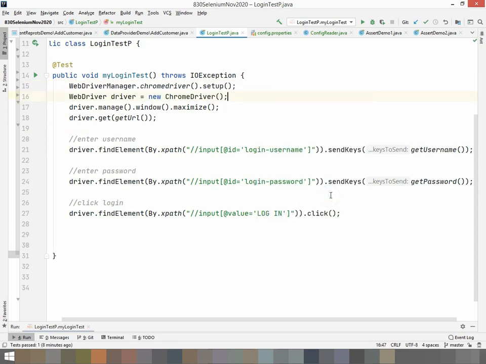Fine. So right click and run. Here you can observe that the URL of the stock management site will be opened, and the corresponding username and password that I have set inside the properties file will be taken as the entry. Let's have a look.